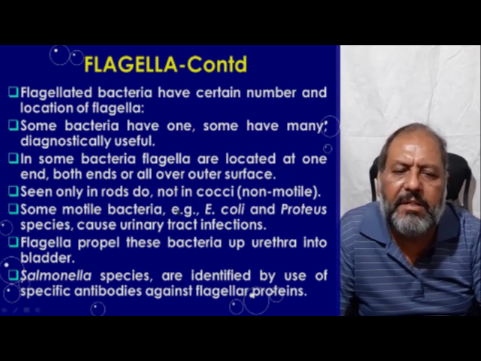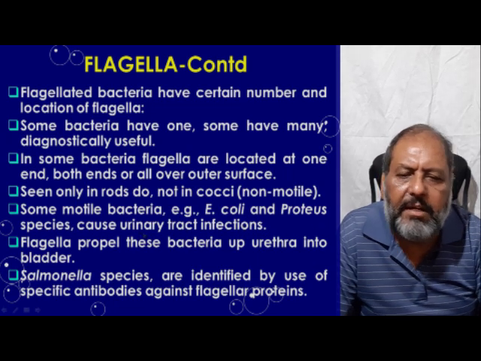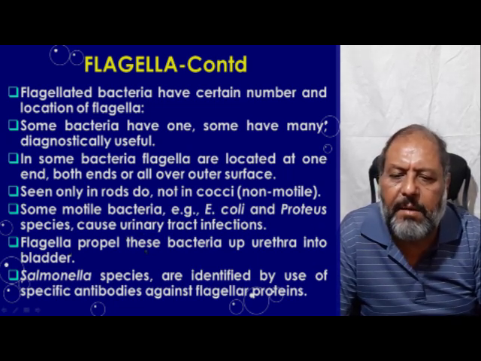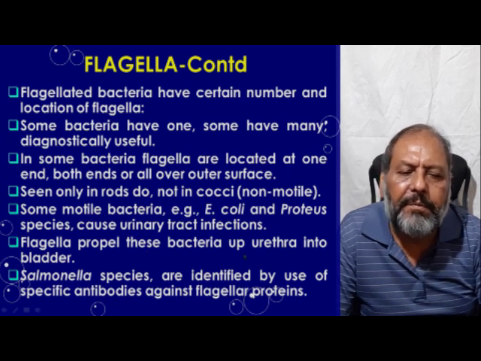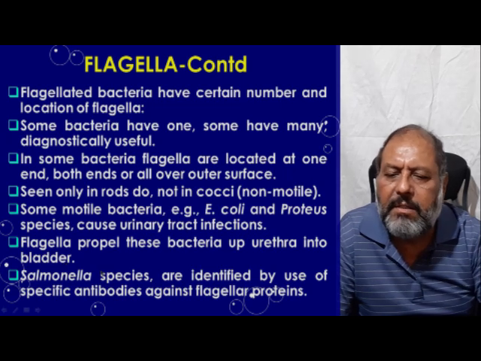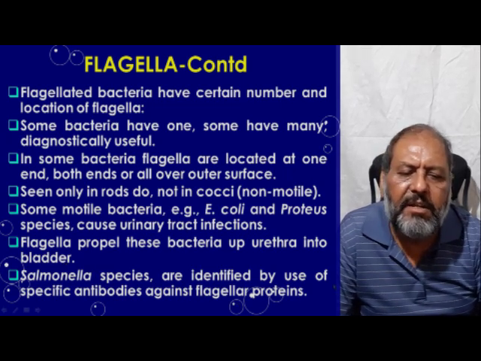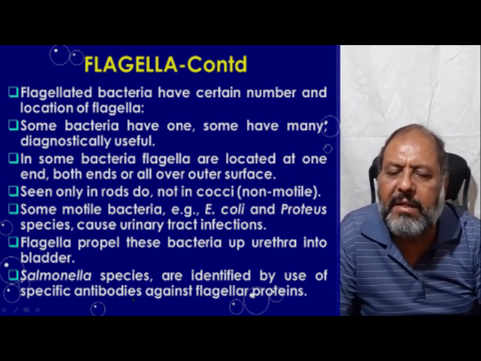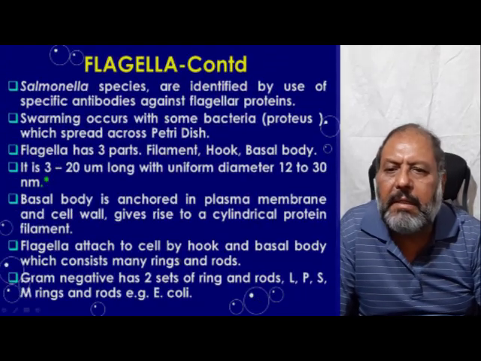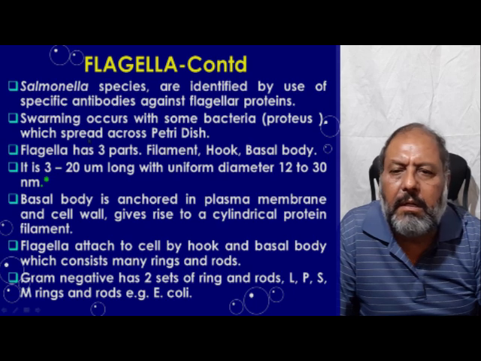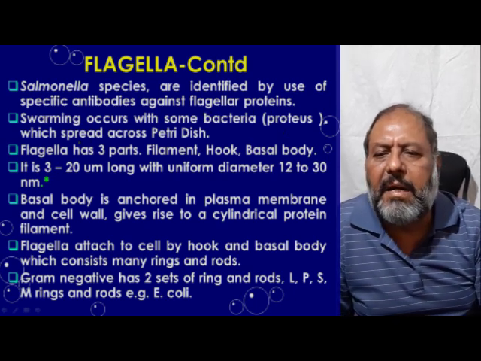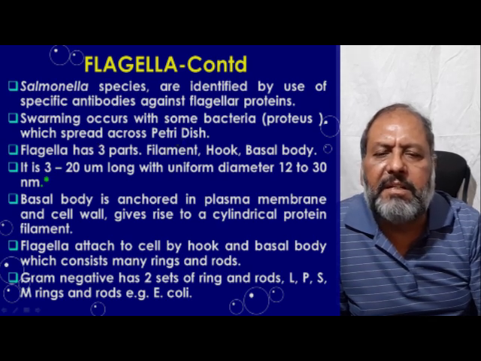Some motile bacteria are like E. coli and Proteus species, which cause urinary tract infection. Flagella propel these bacteria up the urethra and into the bladder. Salmonella species are identified by the use of specific antibodies against flagellar proteins, and Salmonella species have the flagellar protein. By that we are able to detect the different